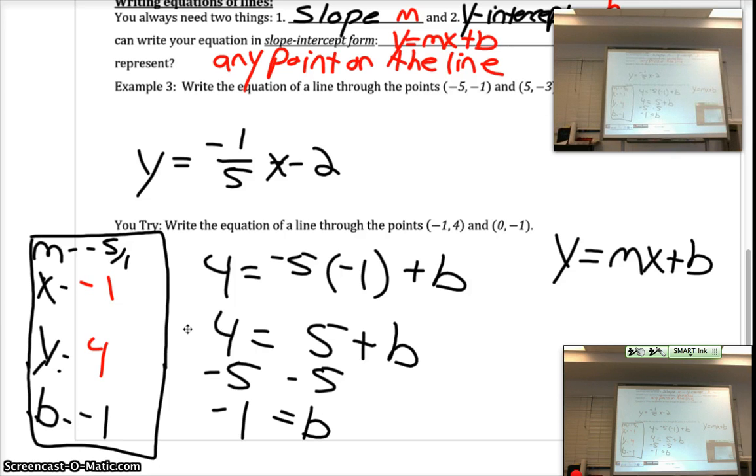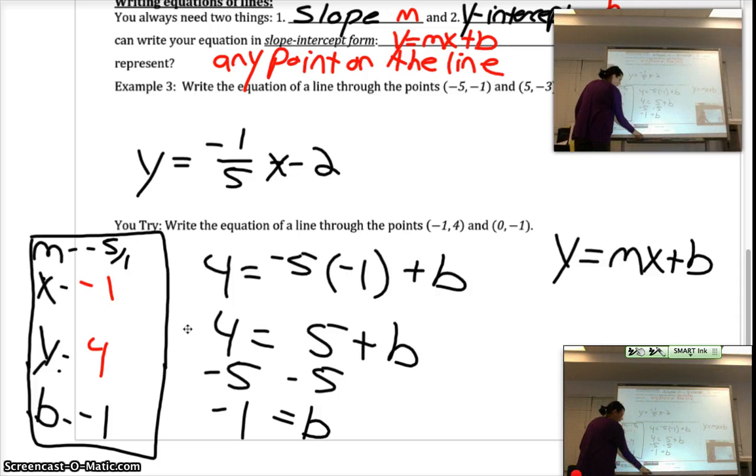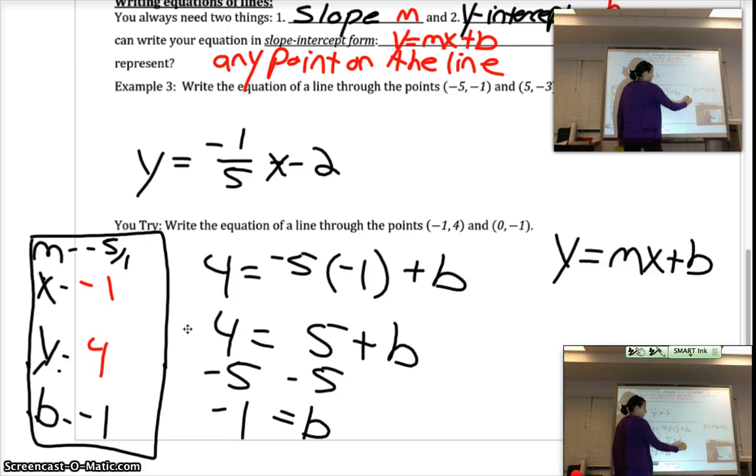Okay, now you're not done at this point. Because remember I wrote down what I wanted here? So what do I need to do? The formula. So tell me what it should be. Y equals -5x minus